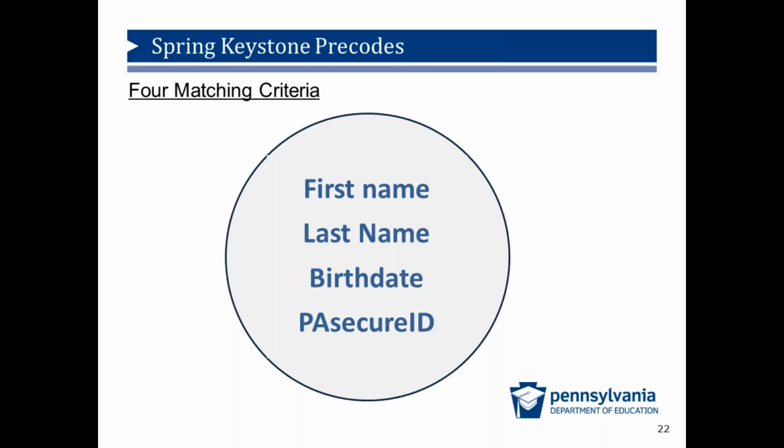Sometimes there are instances where there is one PA Secure ID for multiple students or multiple PA Secure IDs for one student. Please go into the PA Secure ID system and make sure the data for the student uniquely identifies that student. For the precodes, if data is incorrectly printed on the precode label, the booklet will have to be hand bubbled, or the online test session will have to be set up manually, one student at a time.